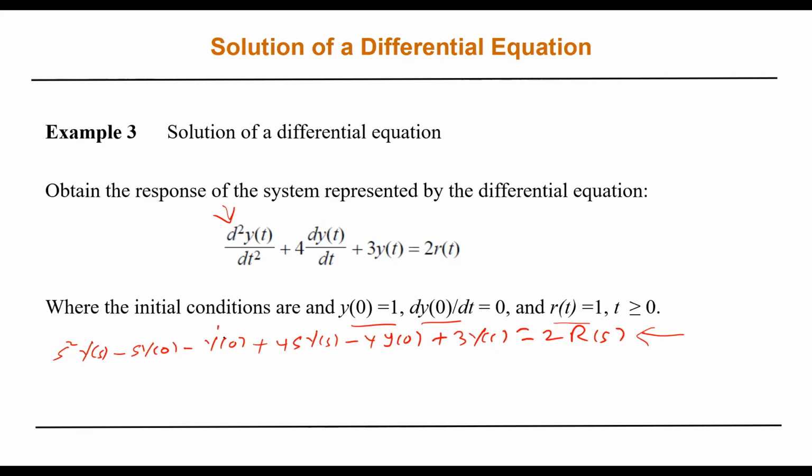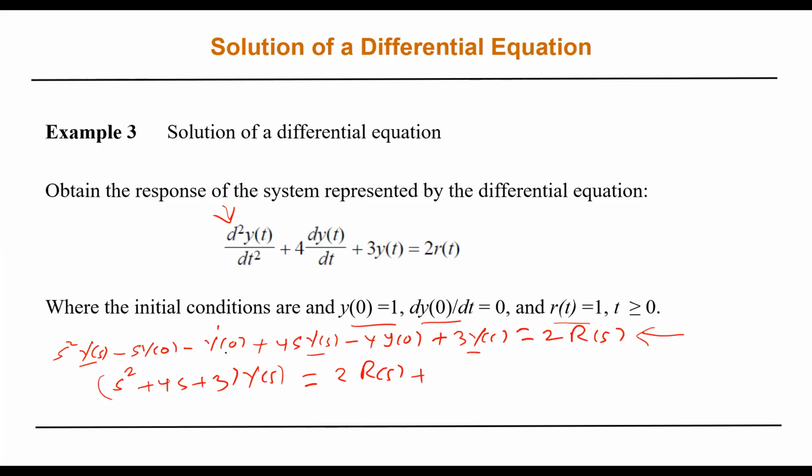So y prime of 0 equal to 0. So I will have s squared, the coefficient of Y, plus 4s plus 3, this is Y of s, equal to, in here I have 2R of s